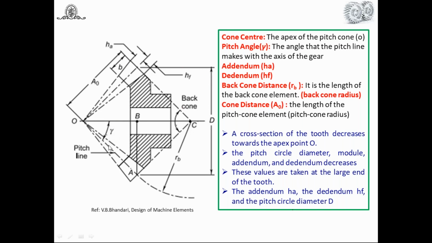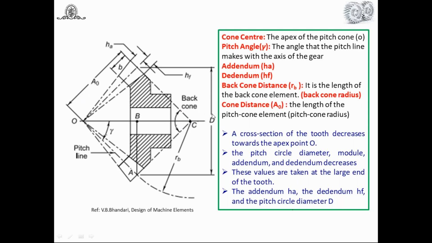Then look at this gamma. What is gamma? This is the pitch line and this is the axis. The pitch line makes an angle with the axis. You can call it gamma, a small gamma. Again, for the other gear, its pitch line makes an angle with its axis, so you can use another symbol. I will discuss this during the analysis. Then this is the pitch line, pitch angle. This is the axis, back cone. This is RB, meaning back cone radius. AO means cone distance, and this is the pitch angle gamma. You have to remember this term.